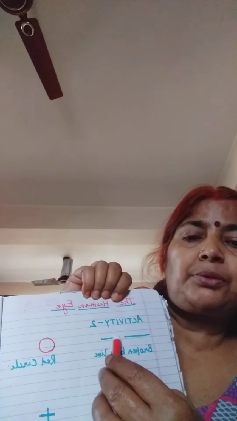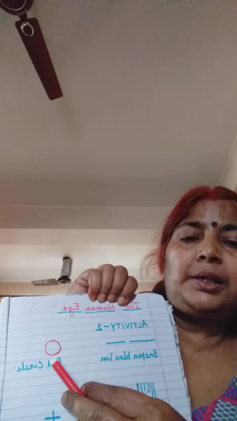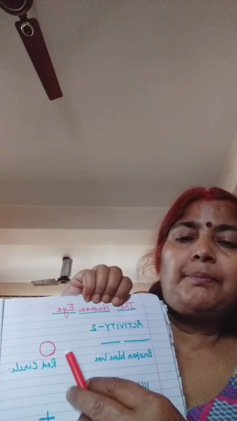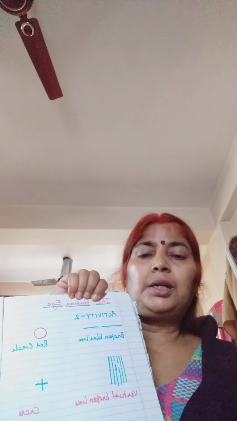The distance between this broken line and the red circle should be 6 to 8 centimeter. Now put this thick sheet of paper at an arm distance. Okay children, like in PT you take one arm distance, in the similar way you can put this thick sheet of paper at an arm distance. Now close your right eye and bring your head closer to this figure.